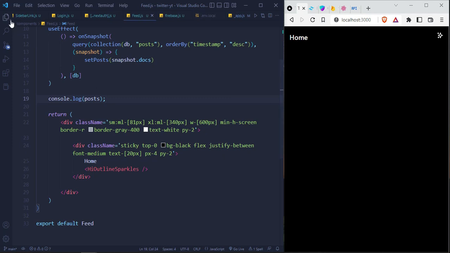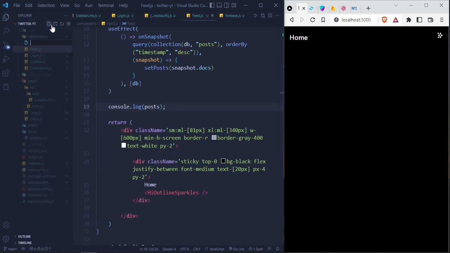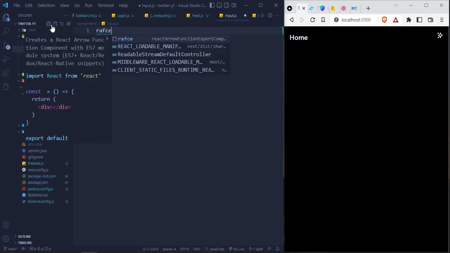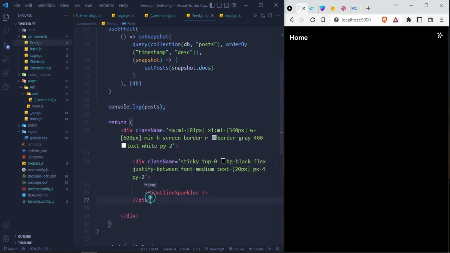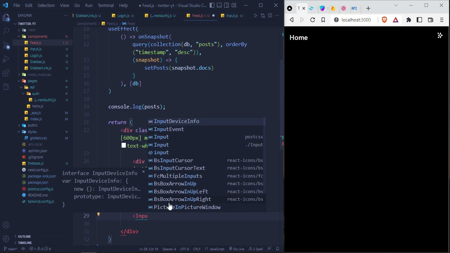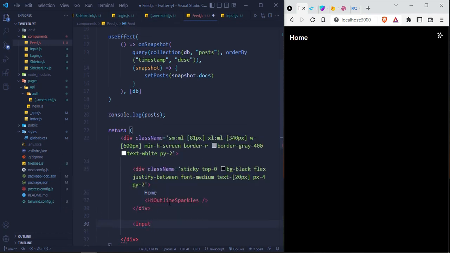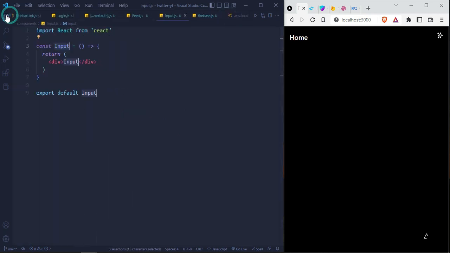Now we will have one more component called input component. So I'm going to create input.js and do RAFCE. Okay, and go back to my feed component, and outside this div I'm going to take input and auto import it. Okay, so go back to input component, and inside here what I'm gonna do is